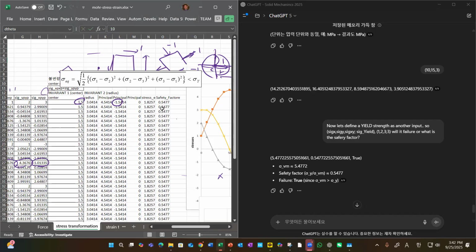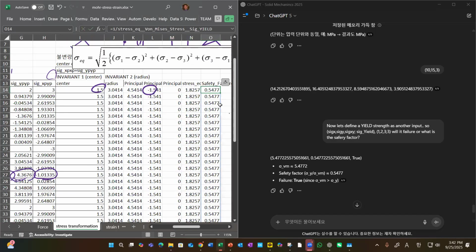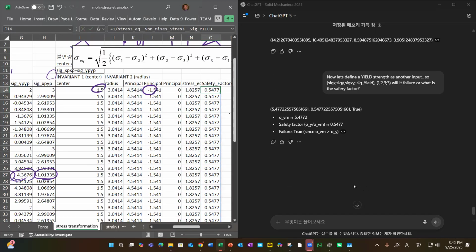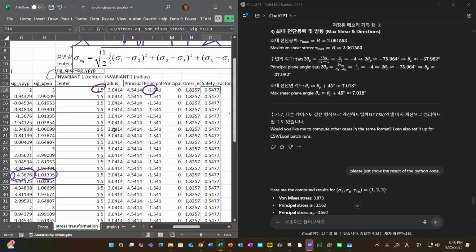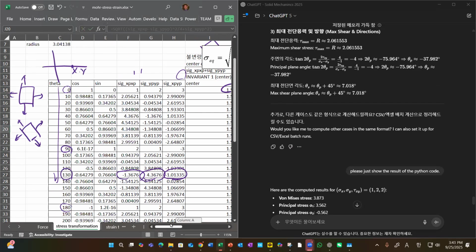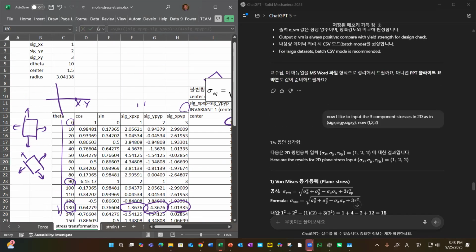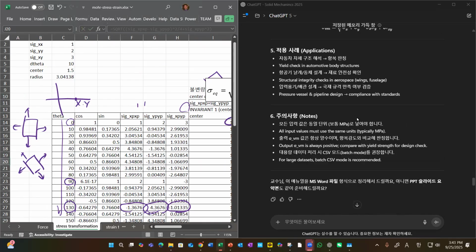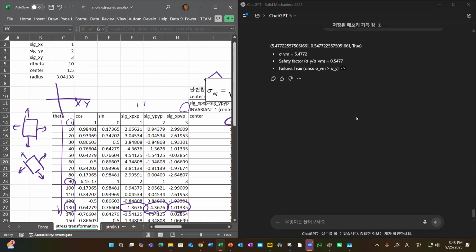0.54 and 0.54. This is exactly the same as our result. Of course, we just like to double check. And then we would not need this Excel file. We just ask ChatGPT to calculate anything. As you can see,